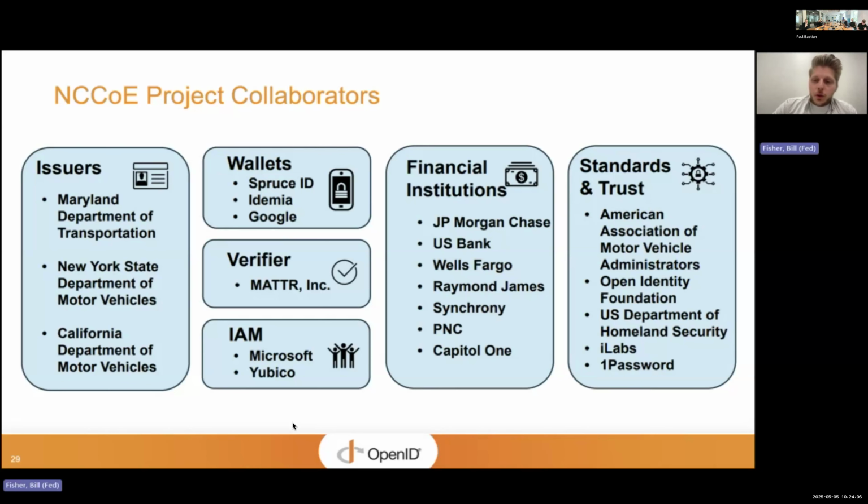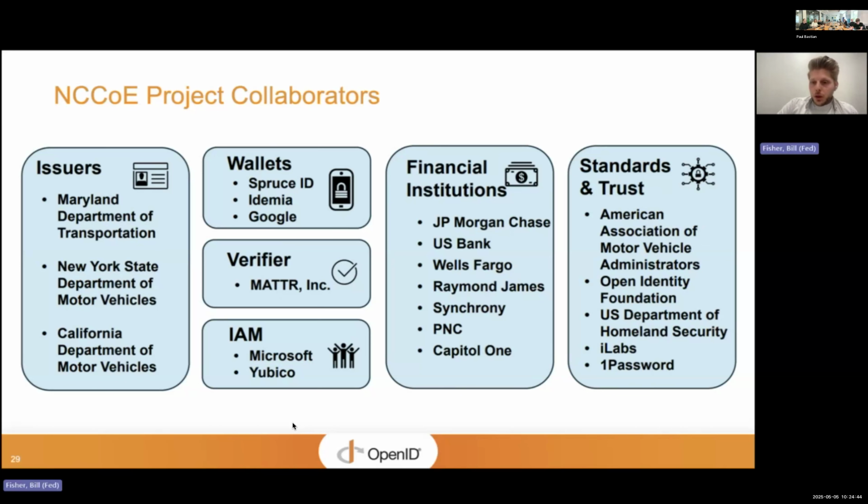And then we are working with several large financial institutions in the US to gather requirements, to understand what that piece is going to be like. How do we get the information out of the credential into the financial systems and into financial system business process, such that it's actual real business value? So you can see we're working with, I believe, 5 of the 10 largest banks just in the US currently. We're only working with mobile driver's licenses and US states and US companies currently, but we would like to expand to an international use case here sometime in the future.